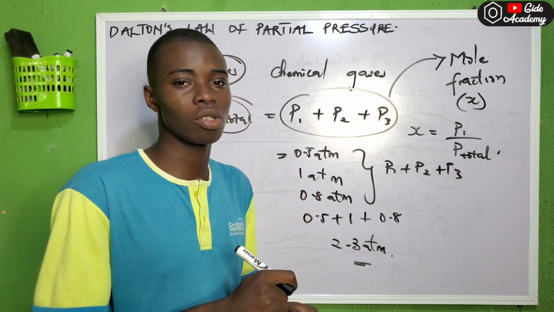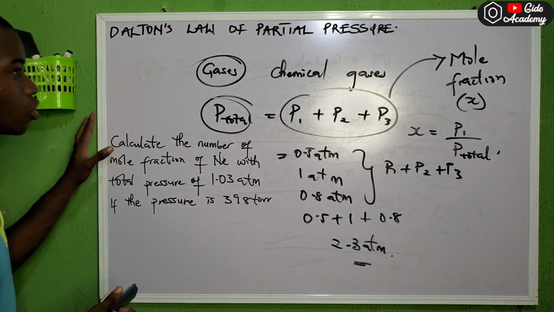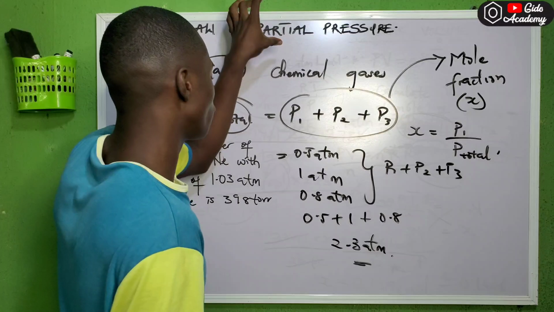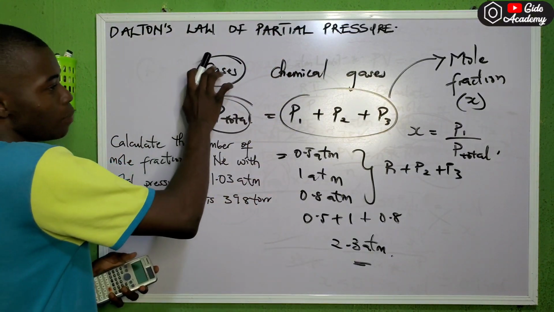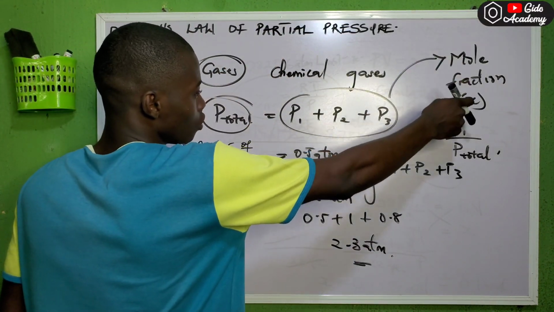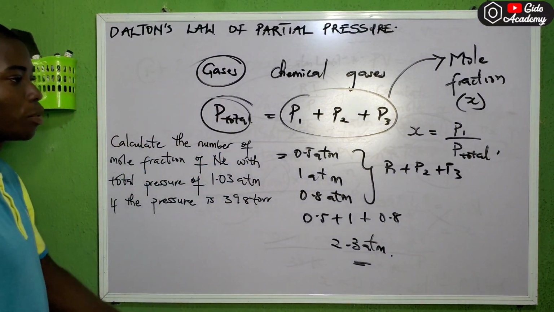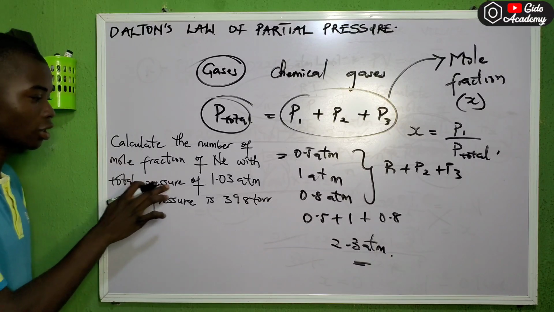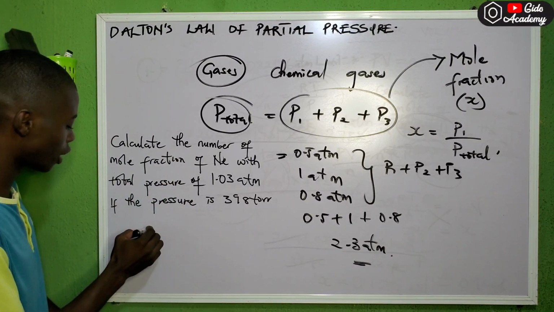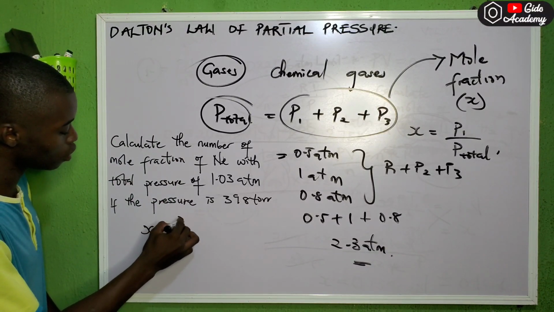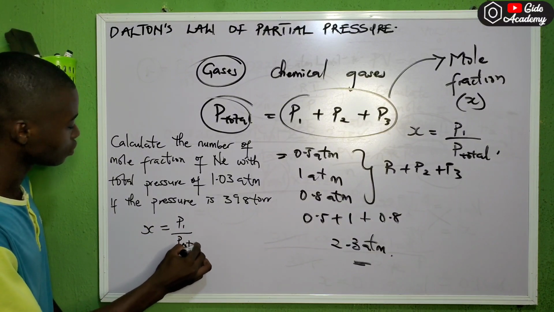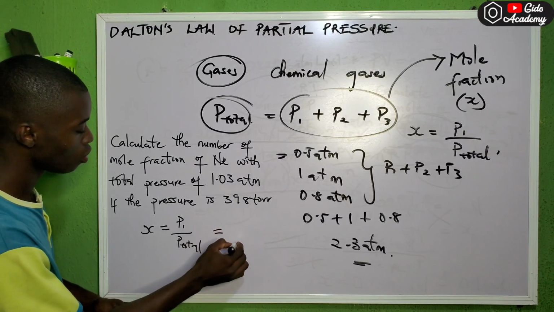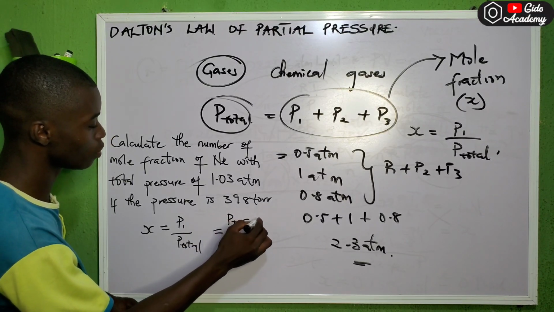So let me give you a particular question regarding mole fraction. This is not for partial pressure. I said Dalton's law of partial pressure is linked to mole fraction, denoted by the symbol S, whereby I have P1 over P total. Calculate the mole fraction of neon. So what's the formula for mole fraction again? S is equal to P1 over P total. And we are told that the total pressure, let me write PT as our total pressure, is